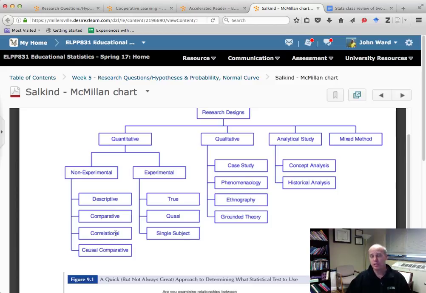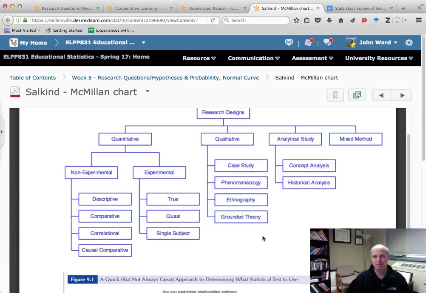Non-experimental correlational studies, which we've been discussing, correlational statistics and studies that use those kind of statistics, are generally correlational. Comparative studies are studies that are like experiments, but they don't have research or intervention. They're just studying a naturally occurring experiment. Or descriptive studies. No hypothesis, just describing a situation. All right, so you're going to use this to identify the type of experiment, or maybe I'm giving something away,